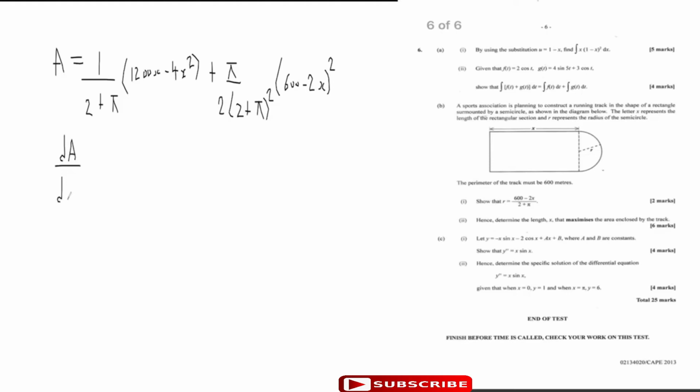So dA by dx is going to be equal to, when I differentiate this, I'm going to get 1 over 2 pi, 2 plus pi times, when I differentiate this now, I am getting, differentiate 1200x, I get 1200 minus 8x plus